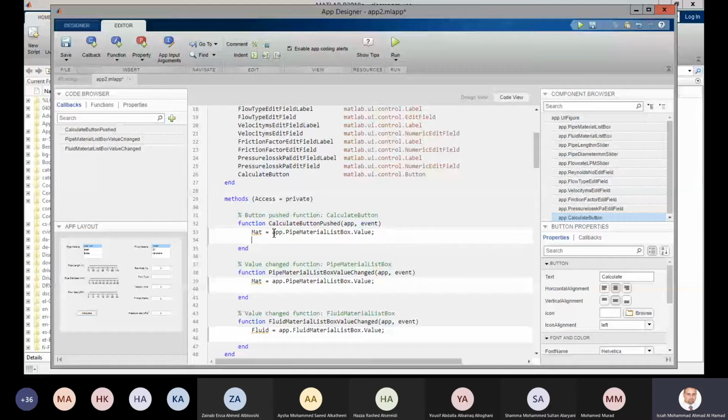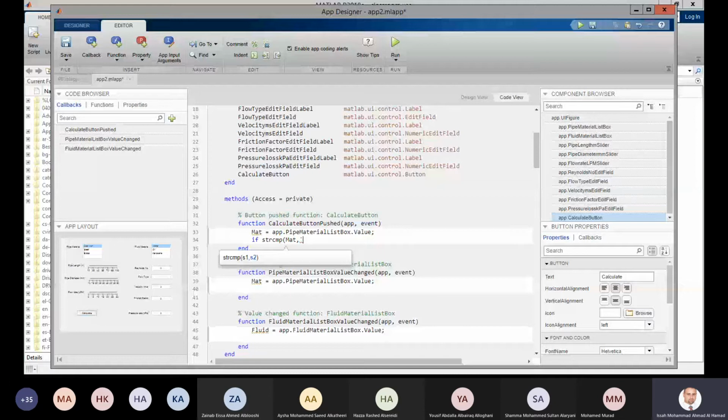First of all, I can write an if statement, if strcmp. strcmp means string comparison. So MATLAB will compare your string with the string in the list box. This is what I need to do: a string comparison for the variable mat with my variable, which is